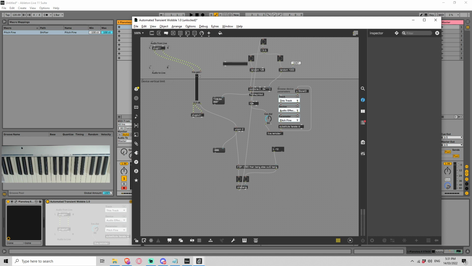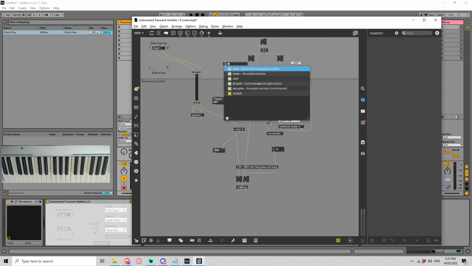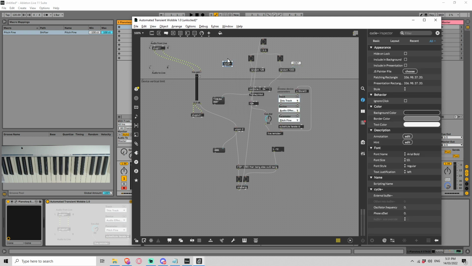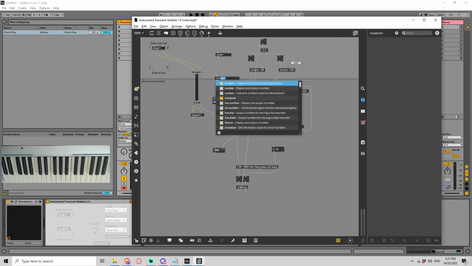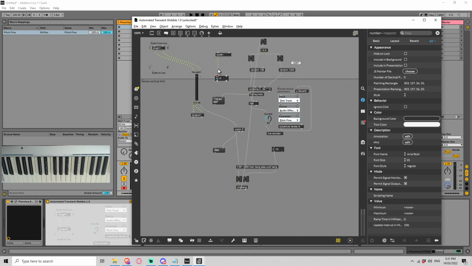So let's go cycle, which is a basic sine wave output. So if I was to use what is the object here? Is this it? So if I feed this in here,